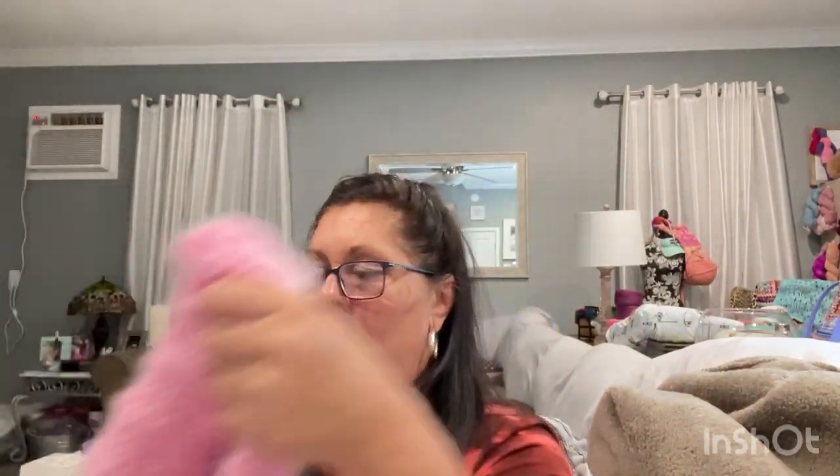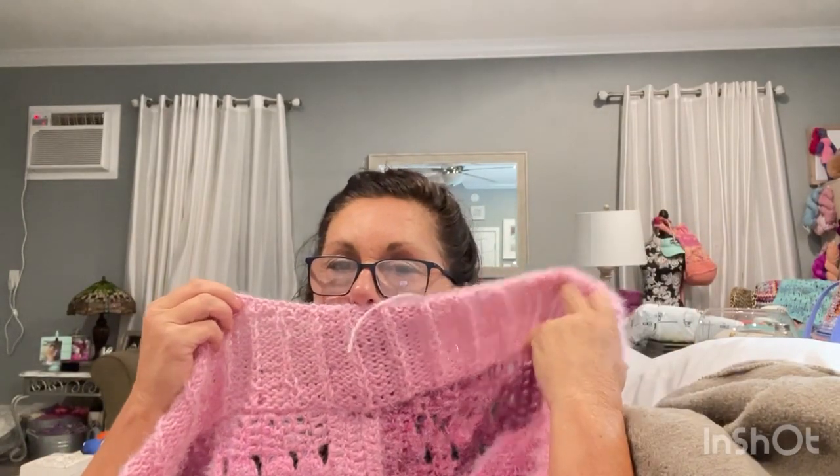I'm going to show you in just a second. I will put it in here, the crochet magazine that I got this idea from. But I just knitted around the neck, and at the bottom I wanted to do it a little bit wider, but